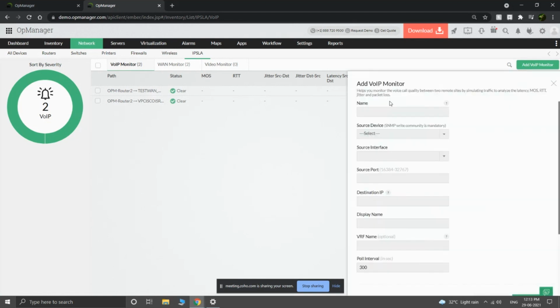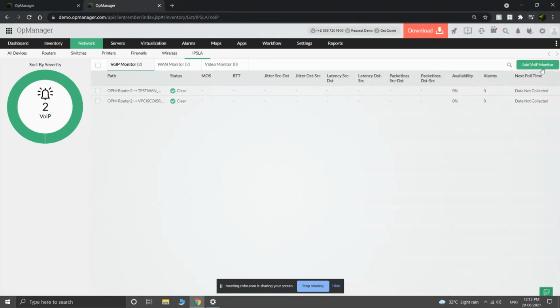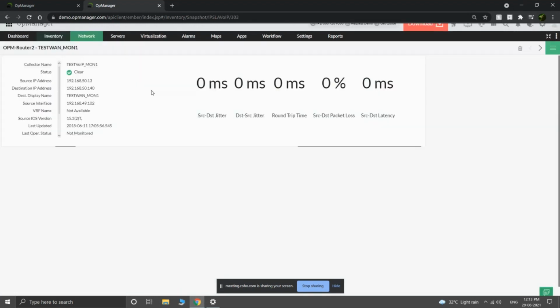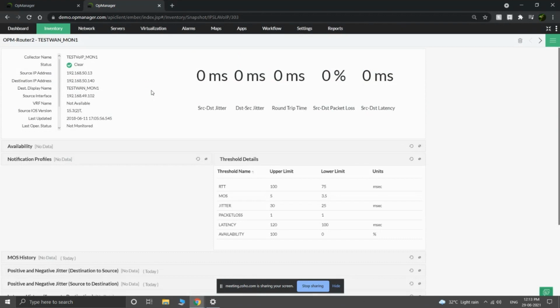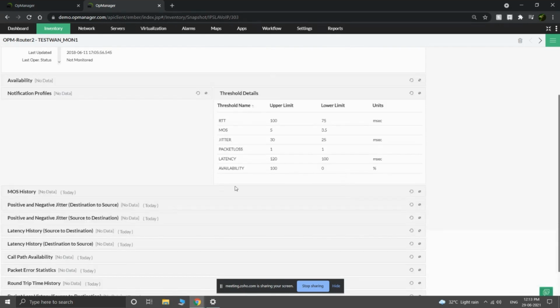You just give all the necessary details like the source port, the destination device's IP, the source device's IP, etc. Once all this is done, a VoIP monitor is created in OpManager, which lets you monitor metrics such as the source to destination jitter, the round trip time of this specific device, packet loss data, and various other information that is available on the screen right now.